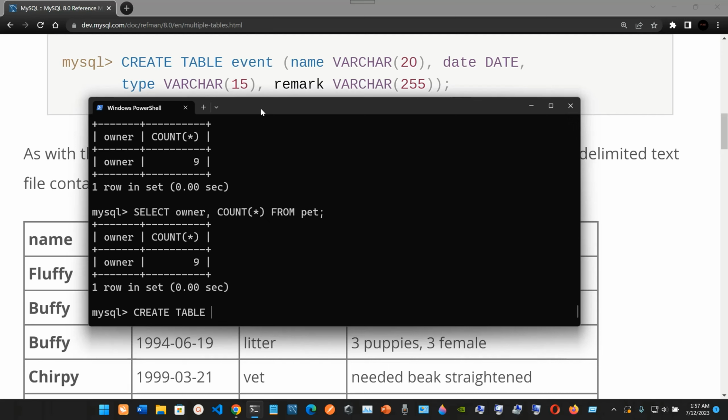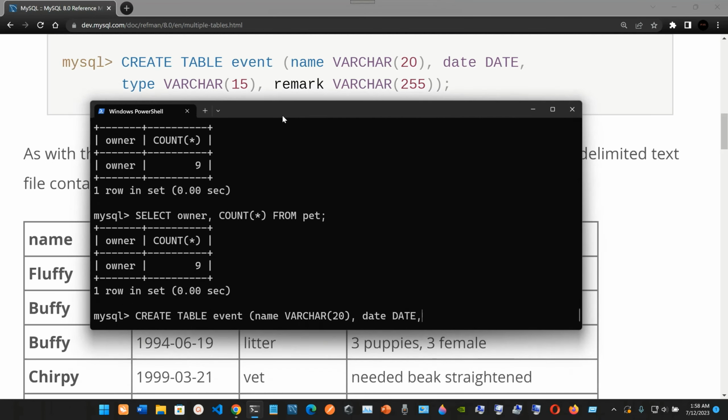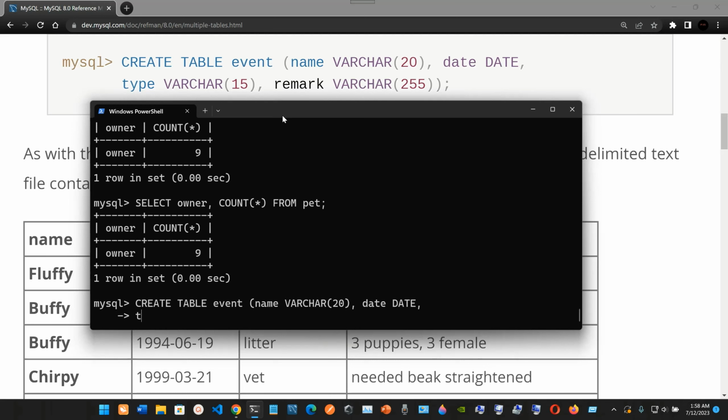So it's gonna be the create table statement, and now we're gonna type in event, open and close parentheses. We're gonna type in name, and we're gonna have the varchar, and inside of the parentheses is gonna be 20. We are gonna have date, and we're gonna separate it with a comma. Let's move to the next line, and we're gonna put that parentheses at the end. So we're gonna have type of the varchar,